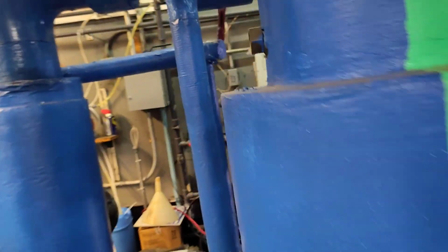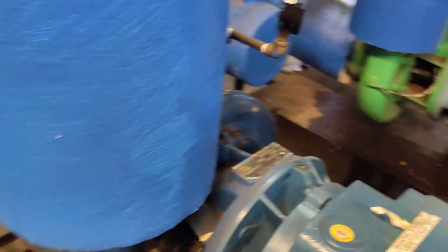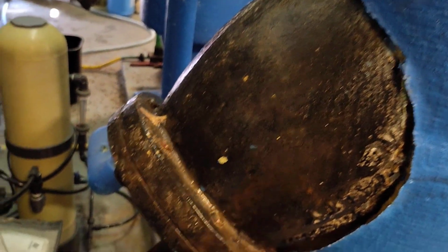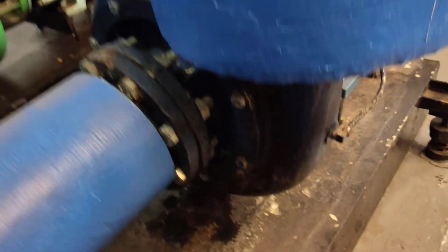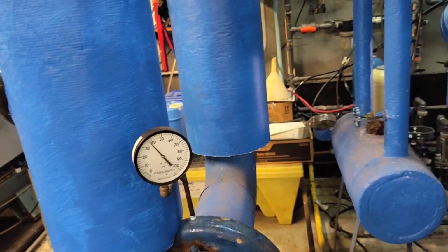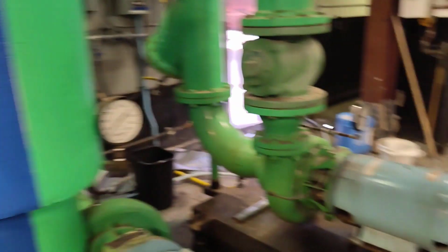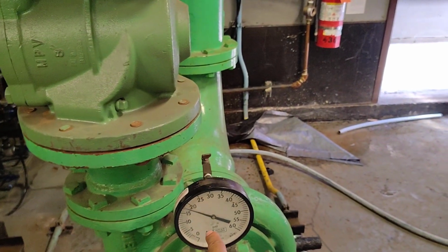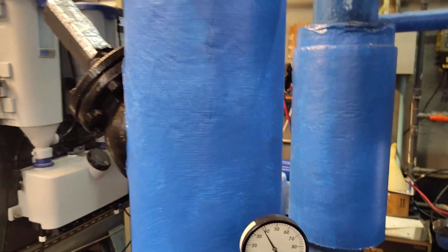Okay, we will continue as per drawing also. We'll continue for the chilled water. There is a butterfly valve here and the same issue. Let's revise it again. This is for the chiller water room. As we see here, this is the same issue. It's coming from here, and this is the strainer and the drain, and this is the gate valve that is going the same. Okay, this is the drain here, and this is the drain in case we need to do maintenance or something. This is the pressure. As we see, this is the difference from the condenser water. The pressure of it is like 18 psi, and for chilled water the pressure is like 38. Okay,